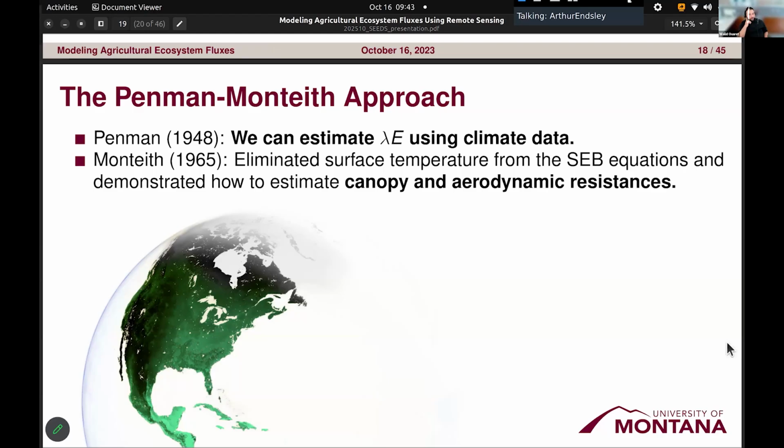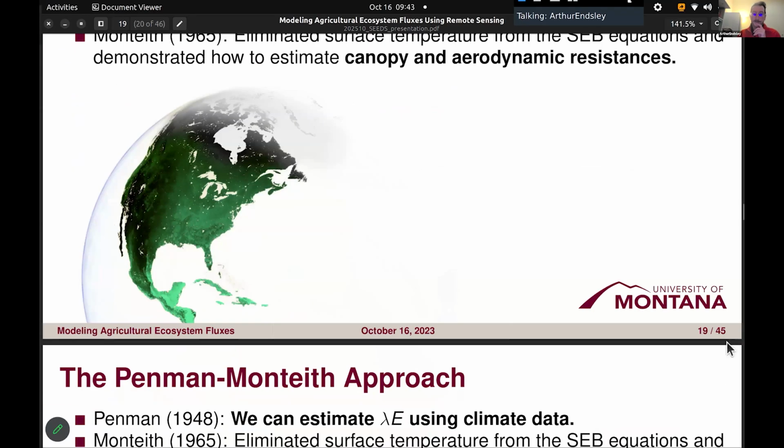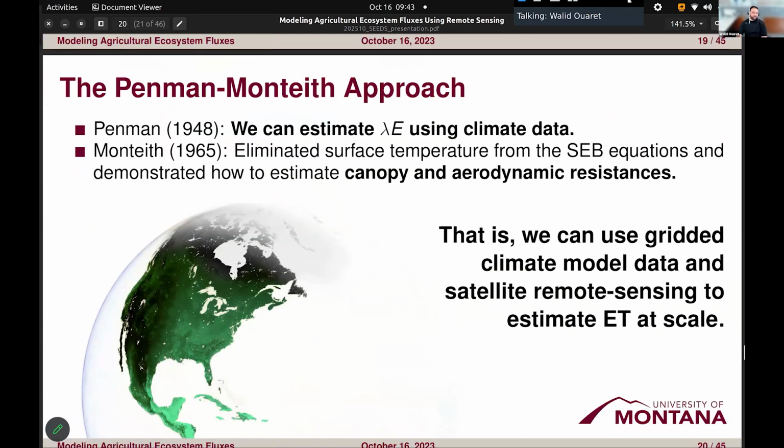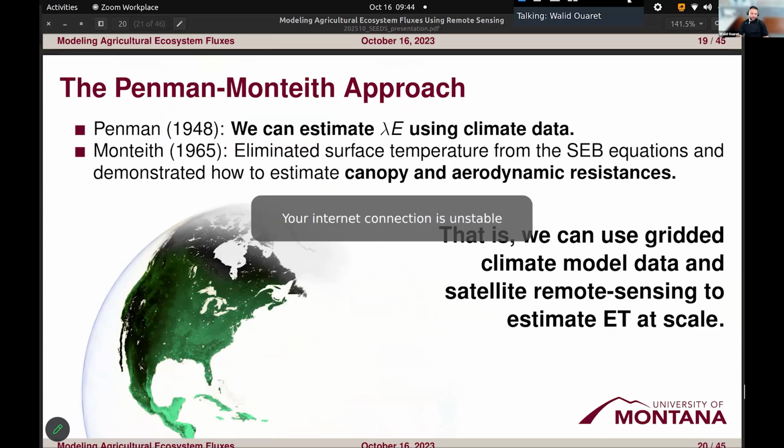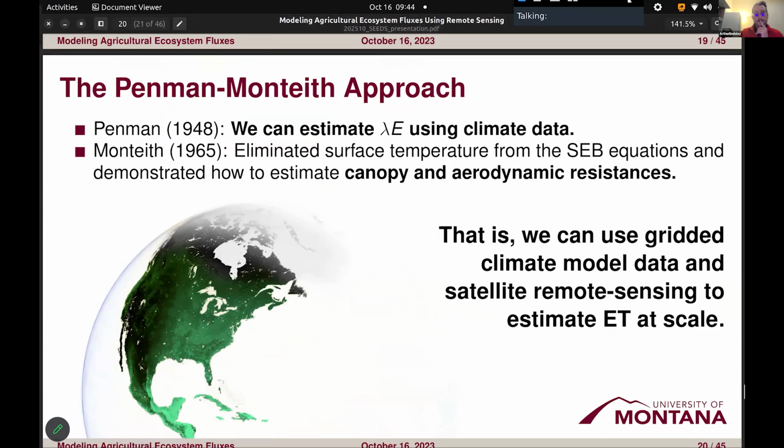It's unfortunate. I don't know if you have it too, but it's blocked at a certain point. Text Arthur to send. To estimate Arthur, evaporation at scale. Yes. I'm sorry to interrupt you, but you were blocked at a certain point, you know? Okay. So if you can repeat the last 30 seconds or so, that would be great.